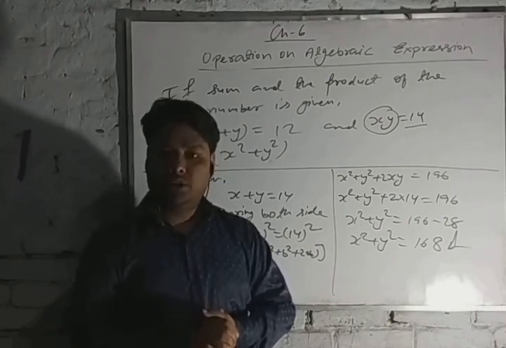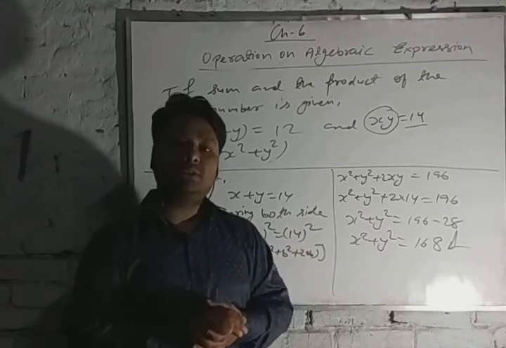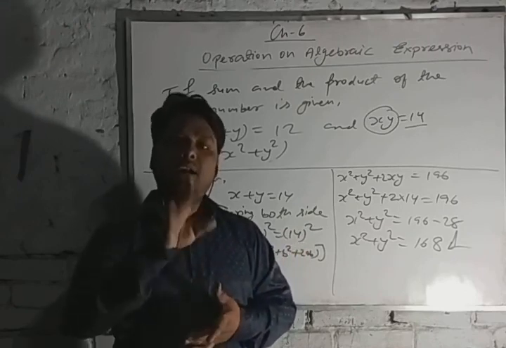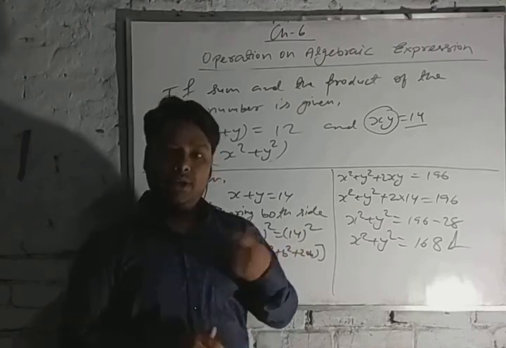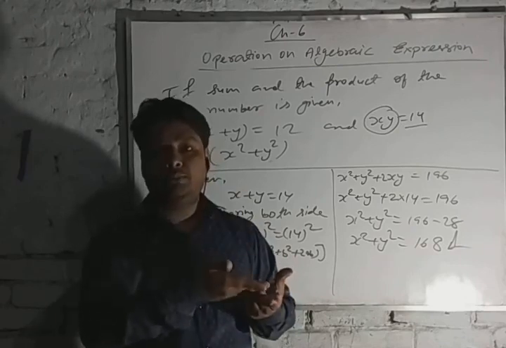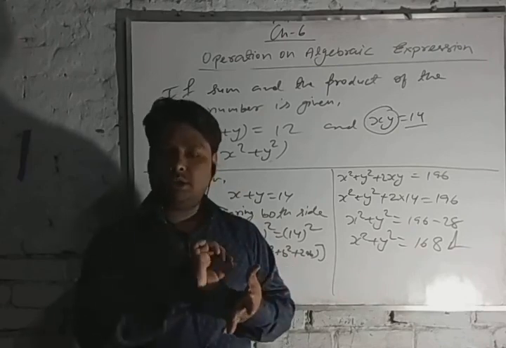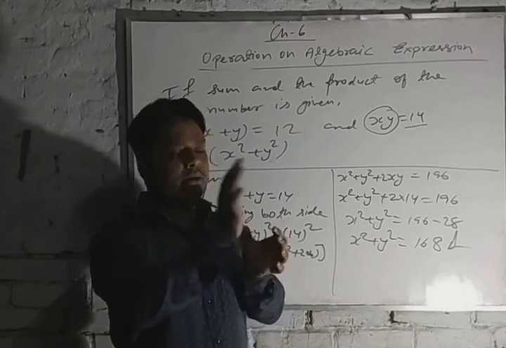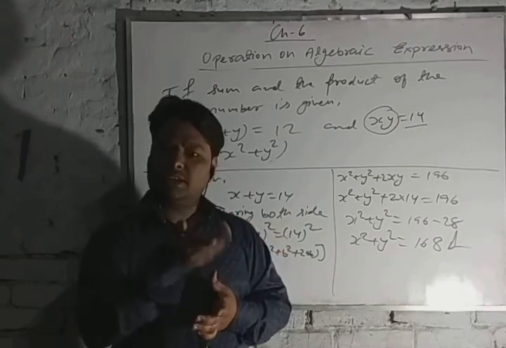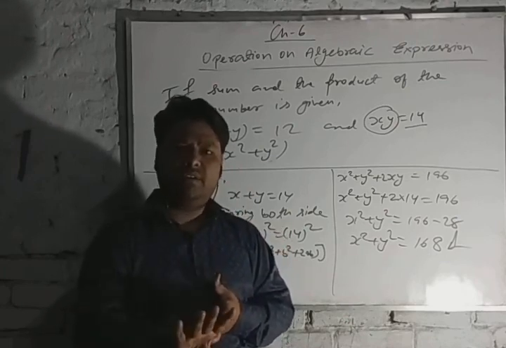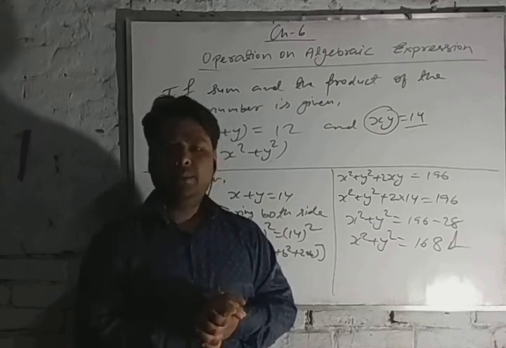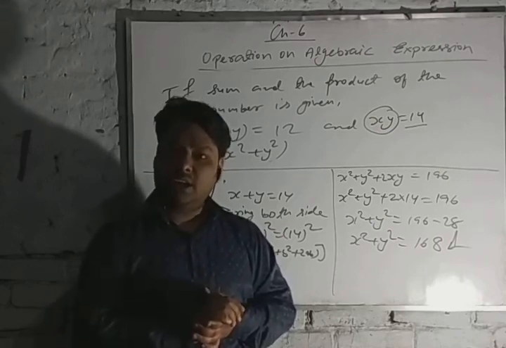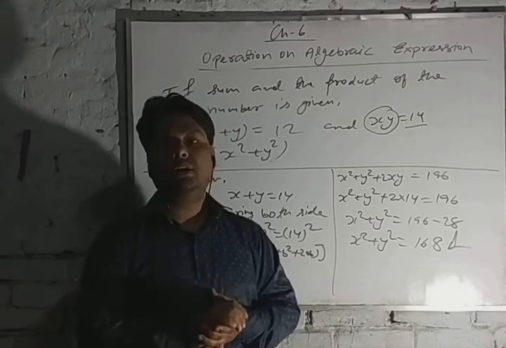Okay? In the chapter laws of exponents, we have discussed some laws. Those laws we will use. If the base is equal and it is in multiplication form, then we will add the exponents only, and the same variable x or y, wherever it is, we will write. Okay. But if it is division, then we will subtract the exponents.